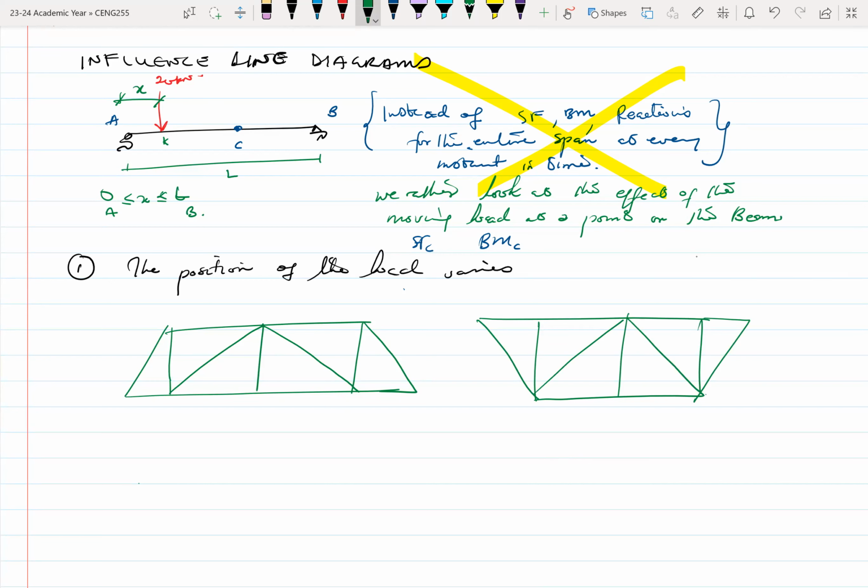Oops, what is happening to the pen? That doesn't want to change. Okay,